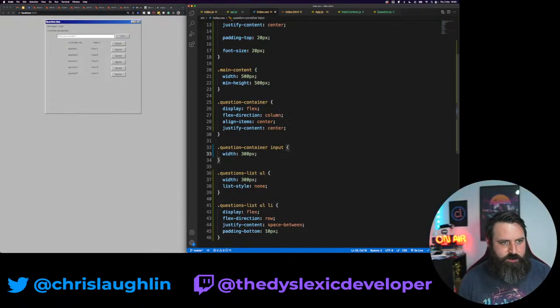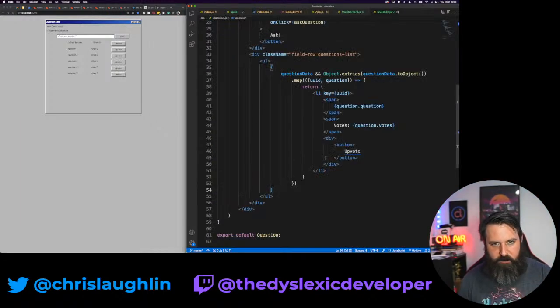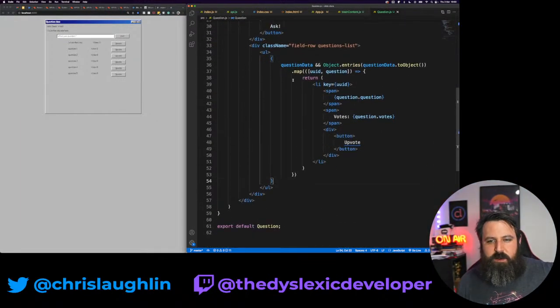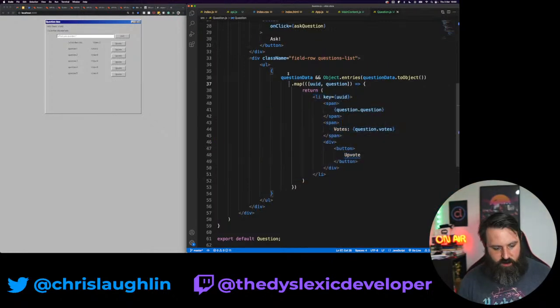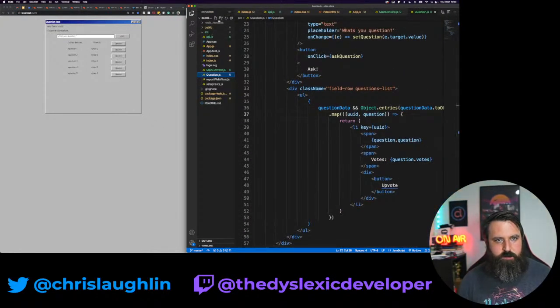This works for us. So let's wire up our upvote button. I feel like maybe we should make this its own component because that's getting very nested and deep. So we're going to say that's going to be our question item component. Question item.js.